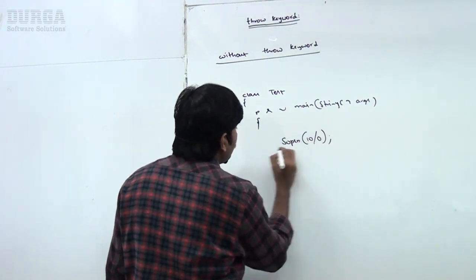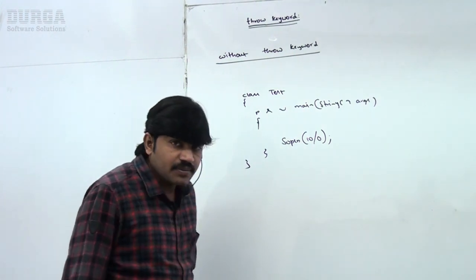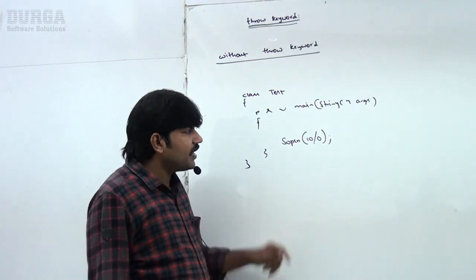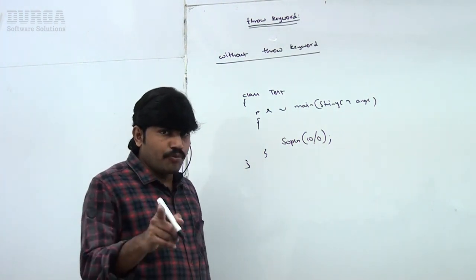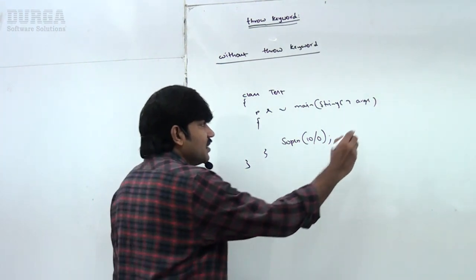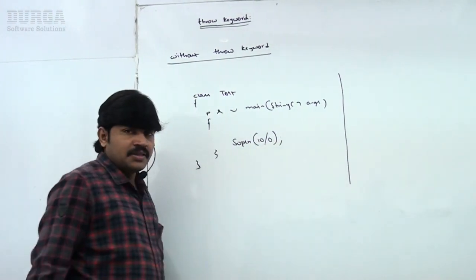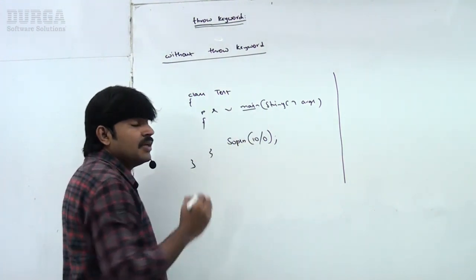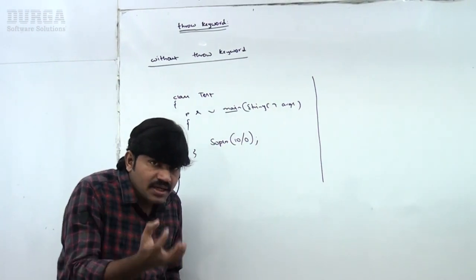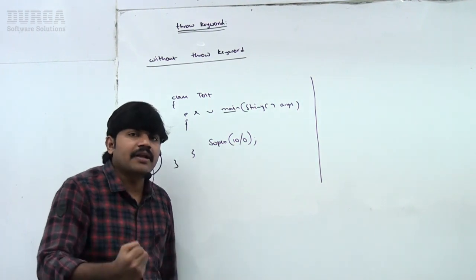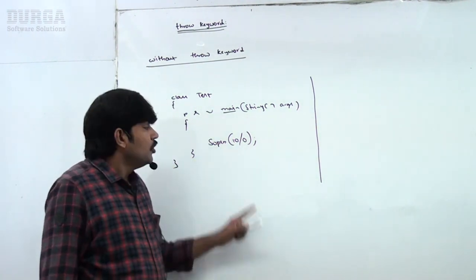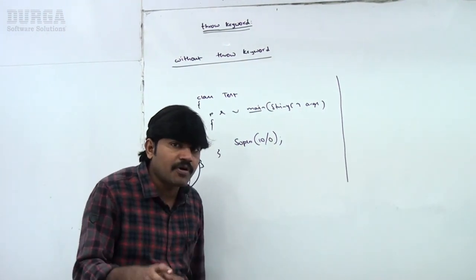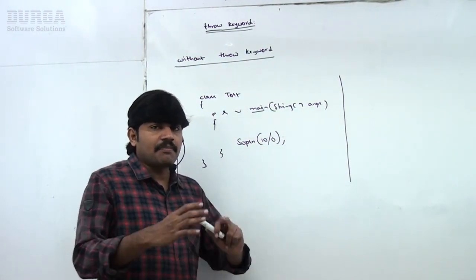In the main method, System.out.println(10/0), I'm taking. Do you know, if I take 10/0, immediately you are going to get an ArithmeticException. I hope you are aware. In this case, the method in which it is raised, of course the main method, is responsible to create the ArithmeticException object and hand it over to the JVM. All of this will be performed internally.